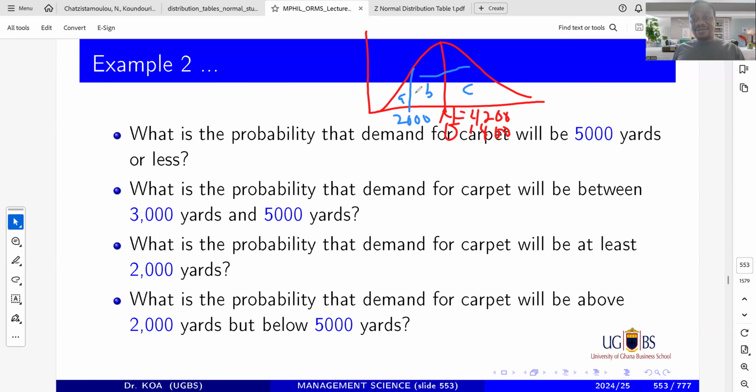So this is the area you have to shade. Now, once you shade this, you find the Z value for 2,000. And remember, the Z value for 2,000 will be from the center to here. Then you go and read that value on the table. Whatever answer you get for the probability for that 2,000, you add that to 0.5, and that will give you your final answer.